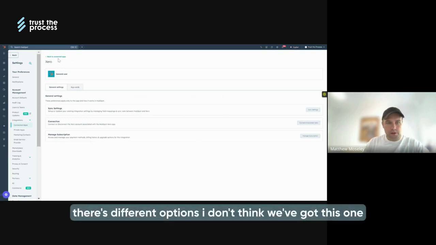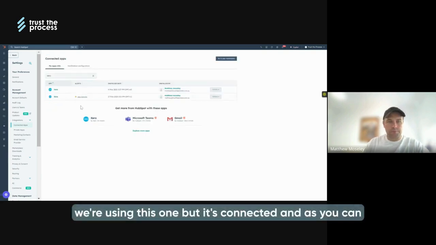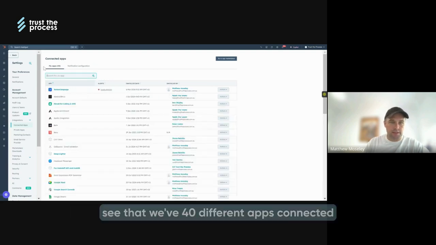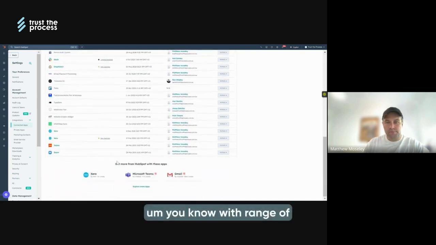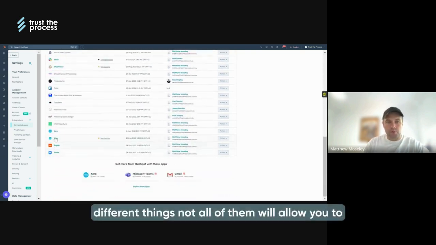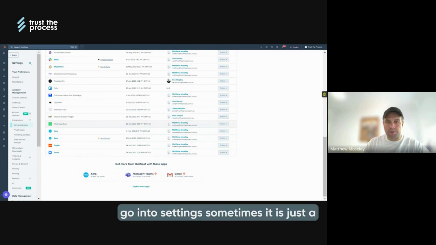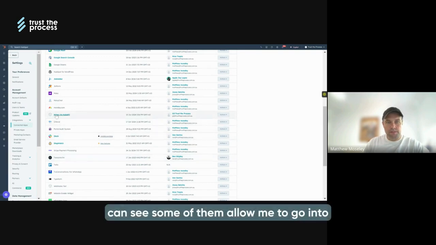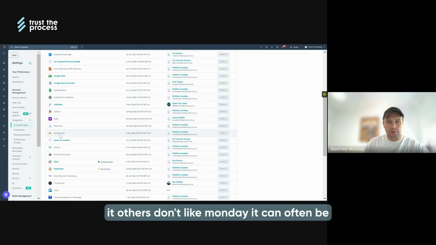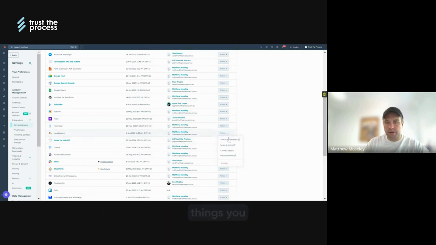So yeah, there's different options there. I don't think we've got this one. We're not using this one, but it's connected. And as you can see, look, we've got 40 different apps connected. With a range of different things. Not all of them will allow you to go into settings. Sometimes it is just a connection. You can see from Trello, you can see some of them allow me to go into it, others don't, like Monday. It can often be